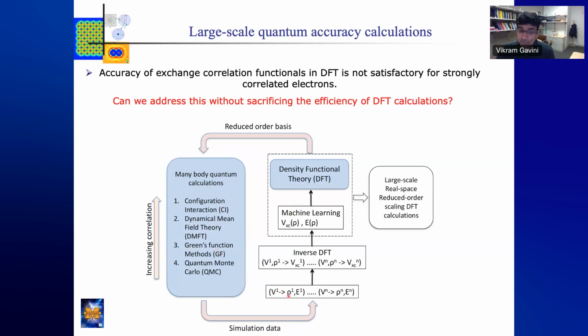So for each of the systems, we're computing the electron density and the ground state energy. And then we're solving the inverse DFT problem, where we evaluate what exchange correlation potential gives back the same density as that of the full quantum calculation. If we're able to compute this, that would be the exact exchange correlation potential corresponding to that electron density. And once we have this for various systems, it becomes a data-driven problem. Can we then go after the exchange correlation functional learning,